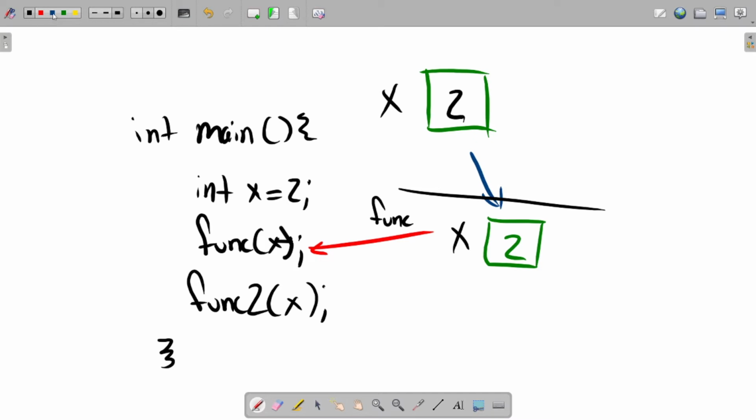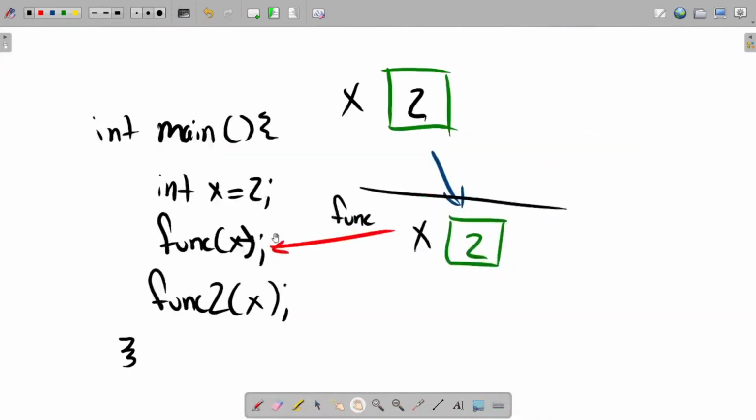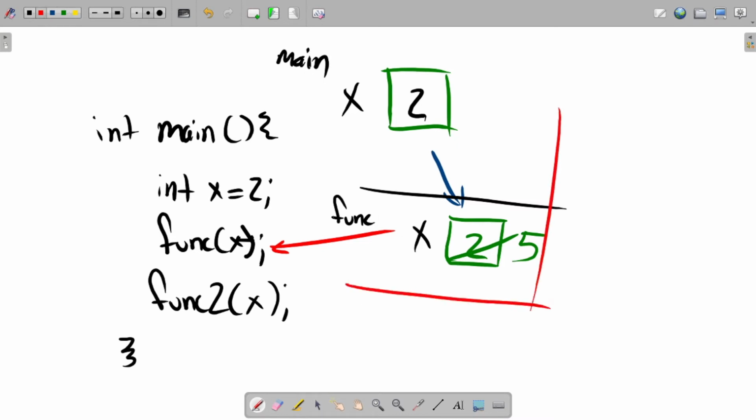And this is why whenever we do any sort of changes to this, like when we earlier said x equals x plus 2, it will look at this copy and say, all right, that's 5 now. Anything that you do with this copy will happen as if you were using a normal variable, but it doesn't affect the original copy of the variable, because this one up here is the x in main, and this is the one in the function. So this would be our pass by value,